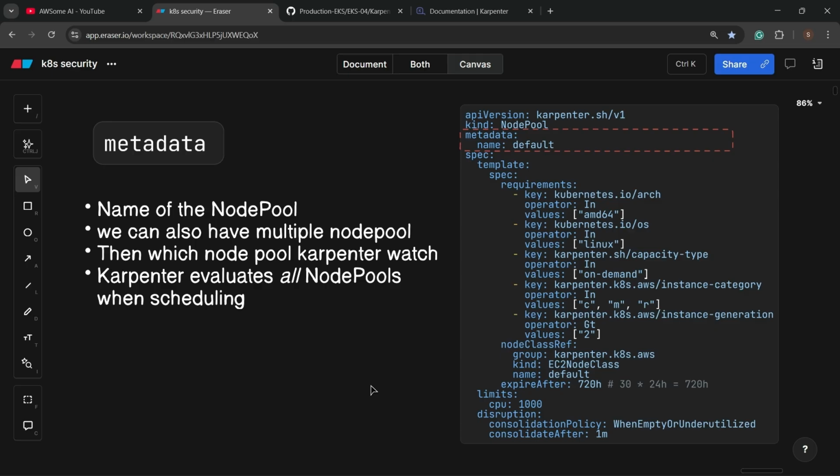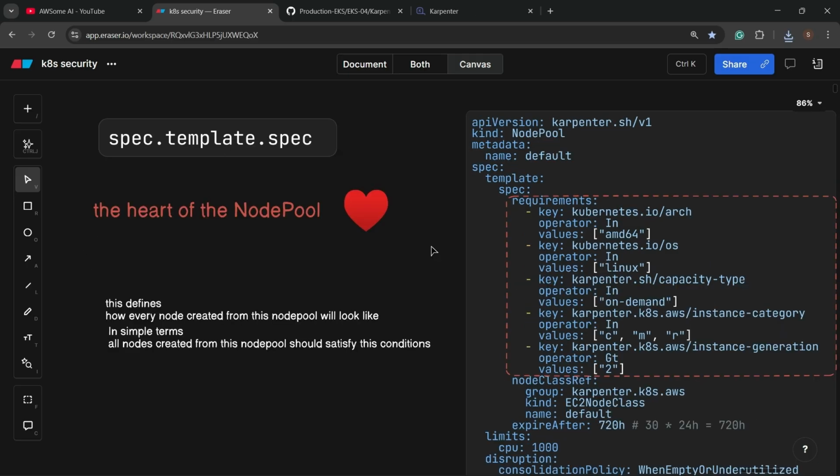And also we can create multiple node pool files. Then you may have this question: if we have multiple node pool YAML files, which file does Karpenter refer to? Karpenter will evaluate all the node pool files when scheduling. Next is the heart of this node pool, which is inside spec, template, spec,